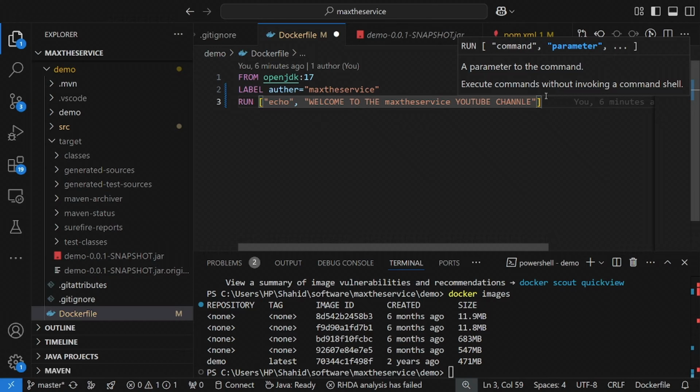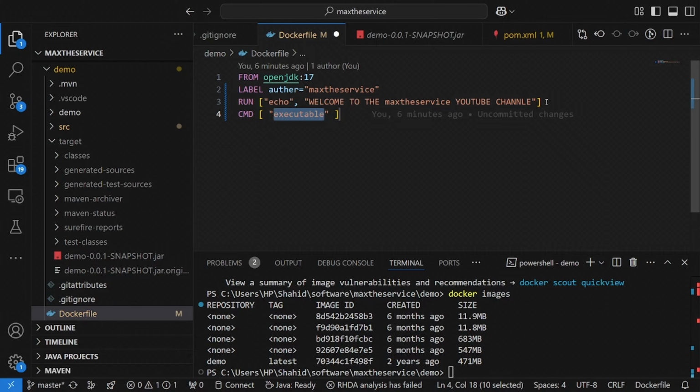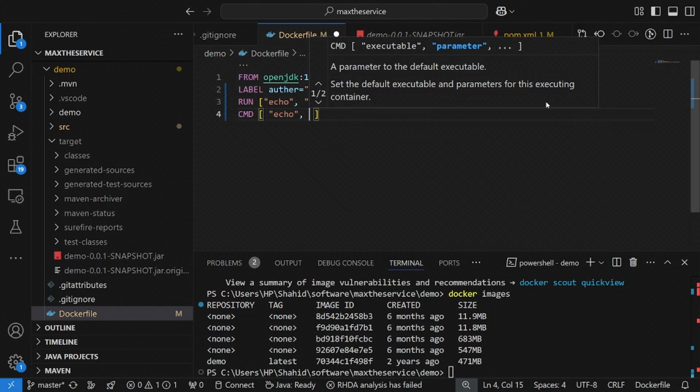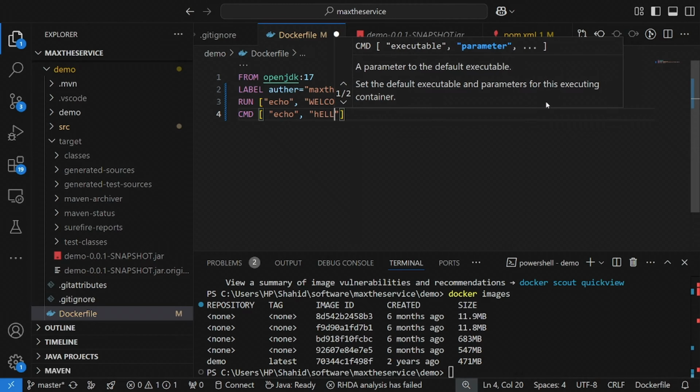Next is CMD. What does this command actually do? It specifies the default command to run when the container starts. If you want to run a command when the container starts, then this is helpful. For example, you can use a CMD like echo hello